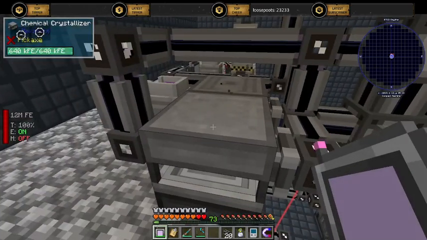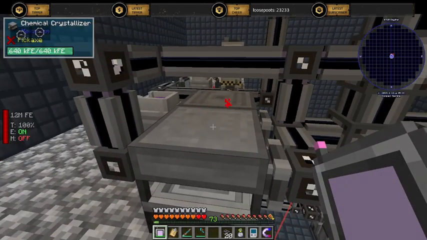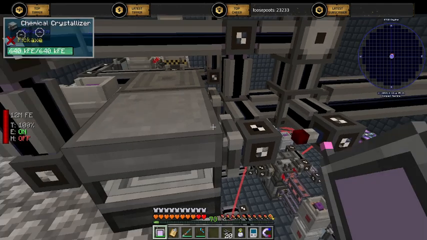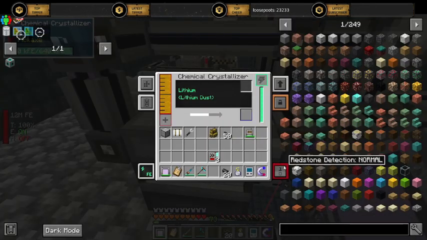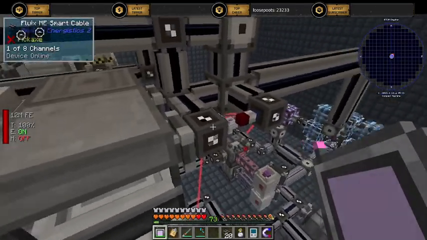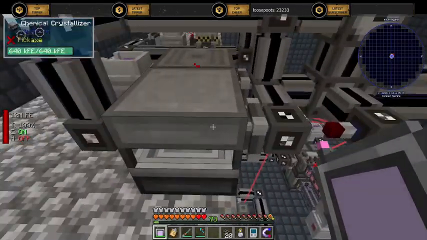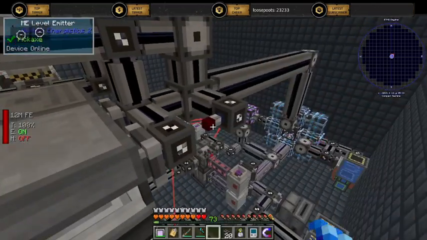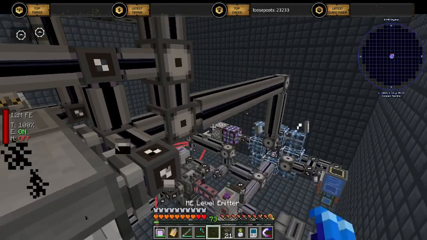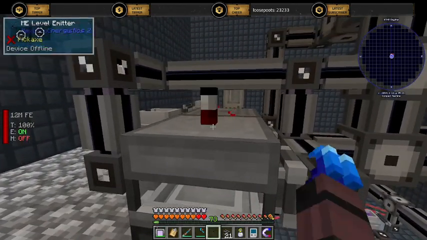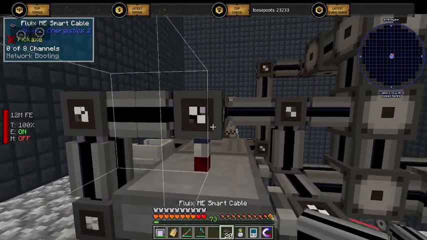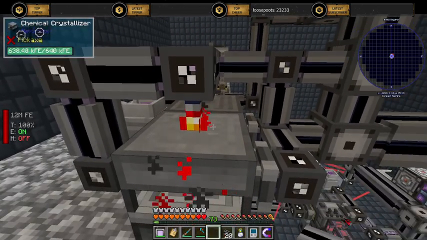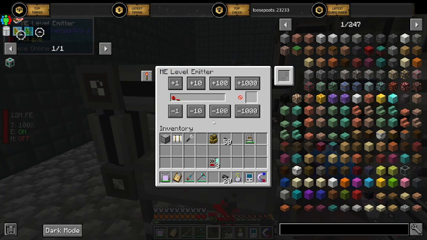Maybe I can put that up on top of here? Because if it's normal, redstone detection normal, maybe I don't even have to do it here. I was trying to stop the flow of the fluid, but if I run it this way, maybe I can do it that way. So, like that, like this. Redstone means on, so